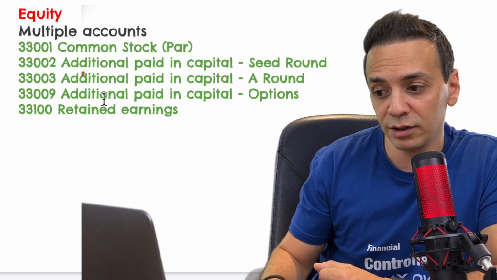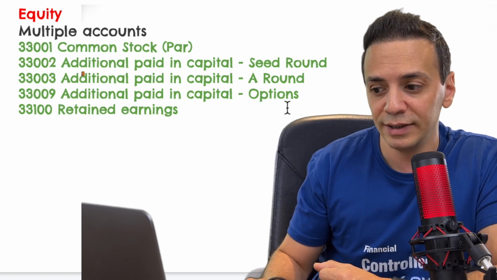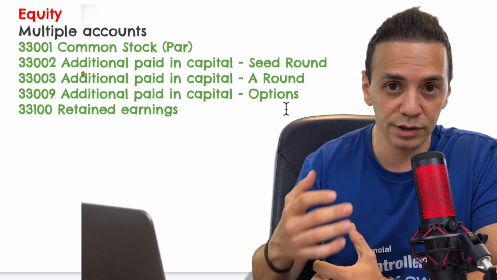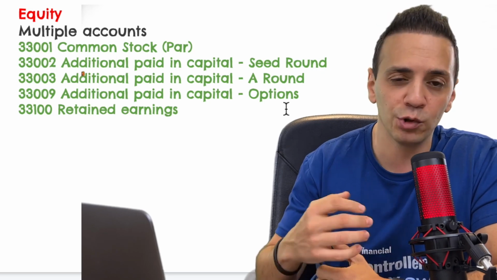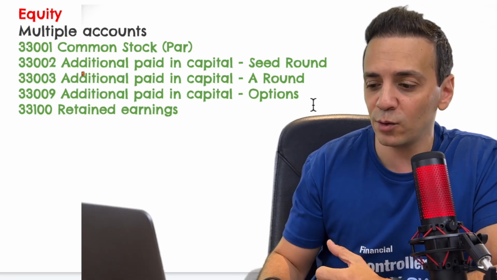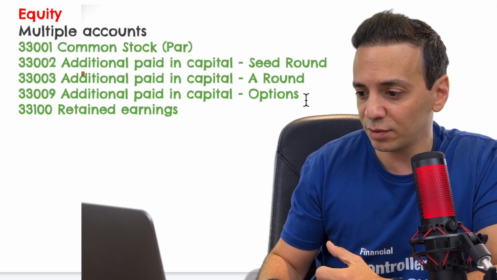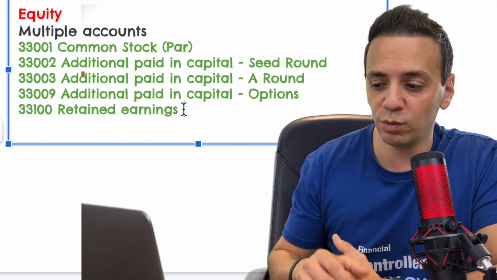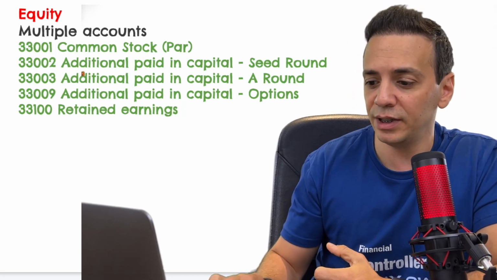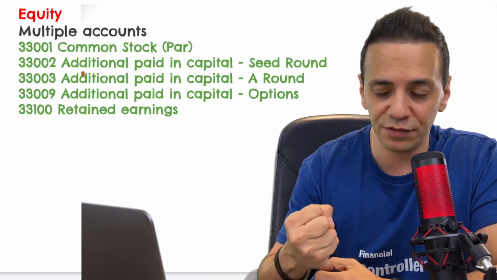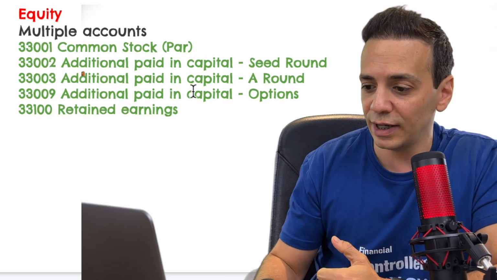And then I'm going to create another additional paid-in capital that's going to be for stock options, and we'll discuss in a future lecture how to record stock option expense and how that affects the equity accounts. And so you're going to create an additional paid-in capital for options. And then you'll create one for retained earnings. And that's going to be the account that's accumulating the profits in the business into the equity account,